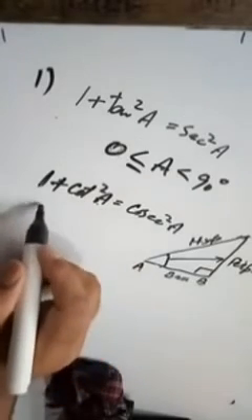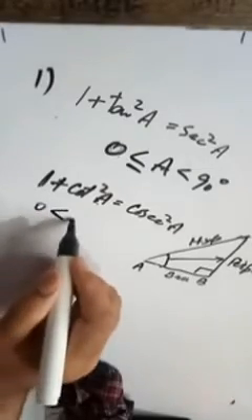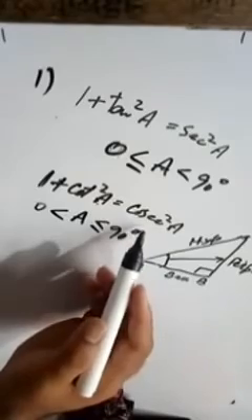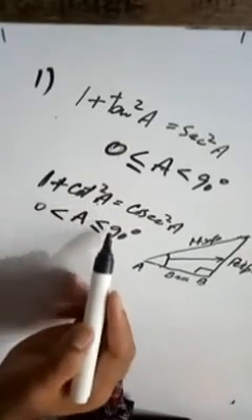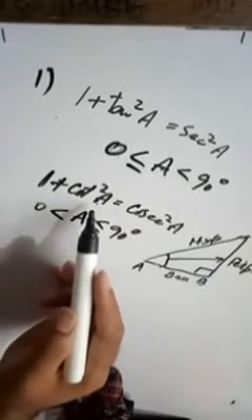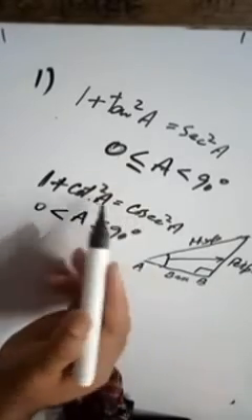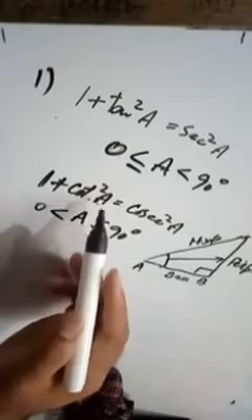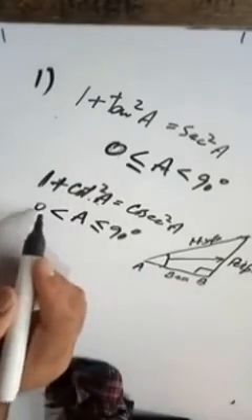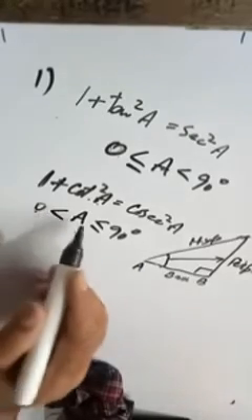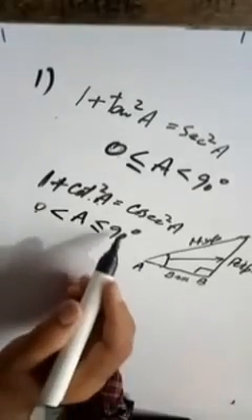So in this question the domain should be 0 less than A, less than or equal to 90 degrees. That means cot 90 is 0, so we can define it. Cosec 90 is 1, so we can define it. But at 0 we can't define these two trigonometric ratios. So in this identity it should not be 0. Be cautious about what I am writing: 0 strictly less than A, that is, A should be greater than 0. So that means 1 up to 90. At 90 it is an identity.